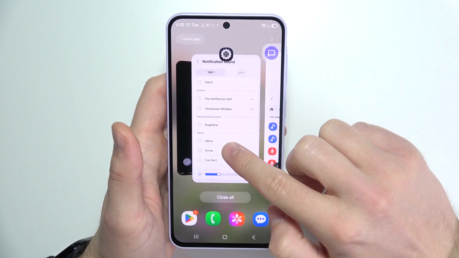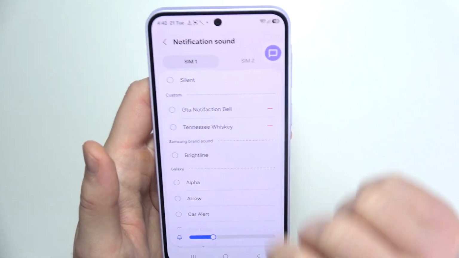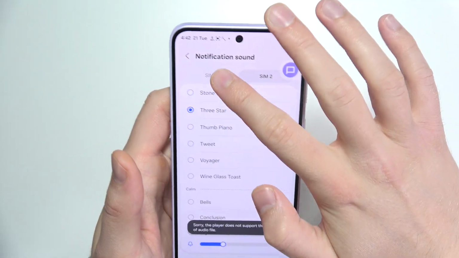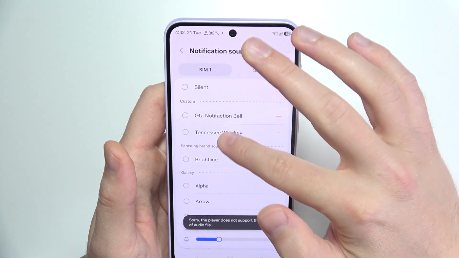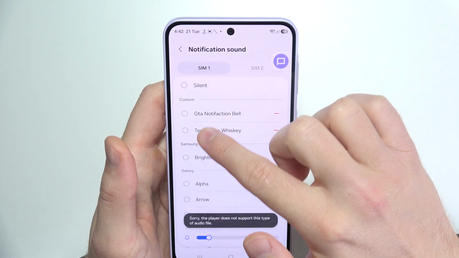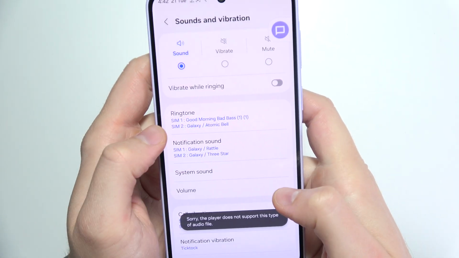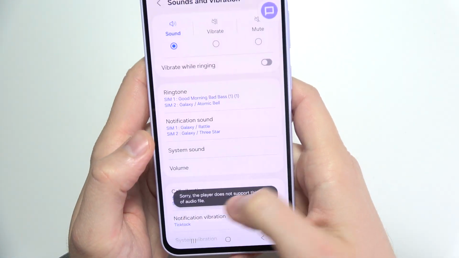Now take a look. When you go back to the settings, we can find our custom sound. We can just select this. Okay, this one is probably broken, but as you can see, this one is working properly. So now I can just go back, and as you can see, my sound has changed, but I've got some